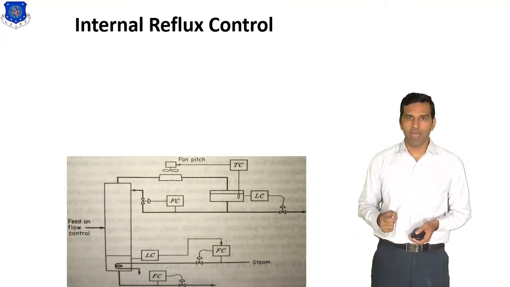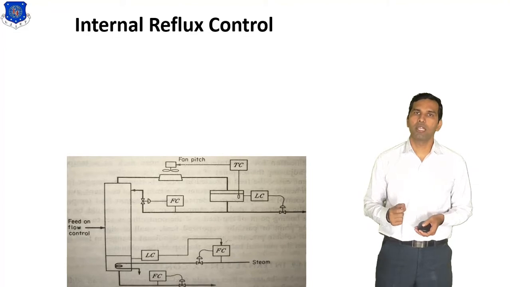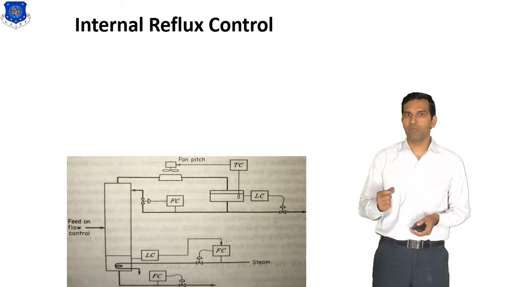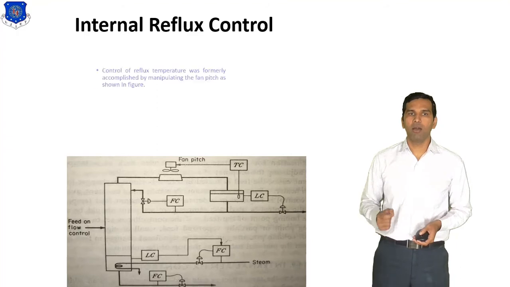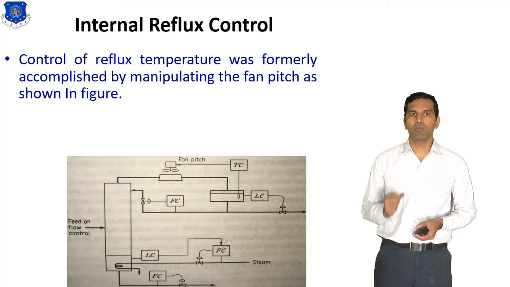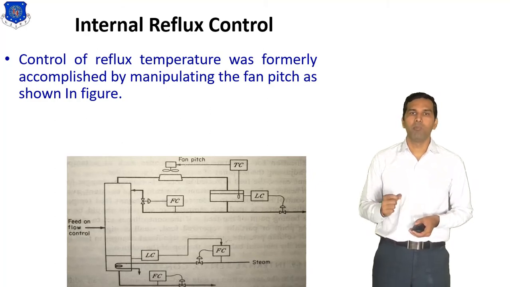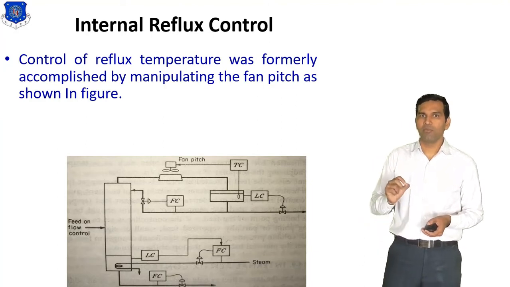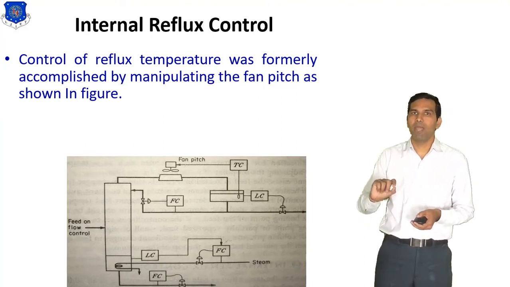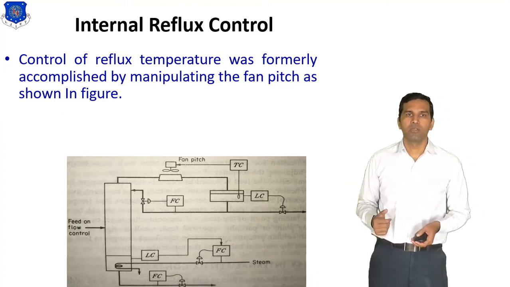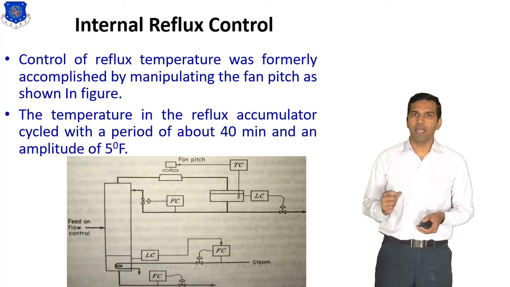Here FC indicates the flow controller, TC indicates the temperature controller, and LC indicates the level controller. See here we use the fan. Now we understand how it works. Control of reflux temperature was formerly accomplished by manipulating the fan pitch as shown in the figure. So here we control the reflux by changing the pitch of the fan. So the temperature in the reflux accumulator